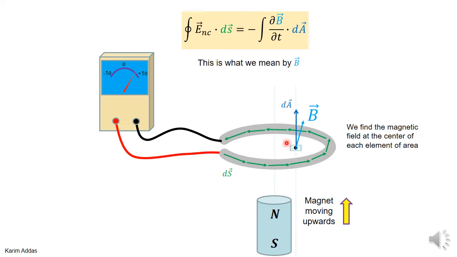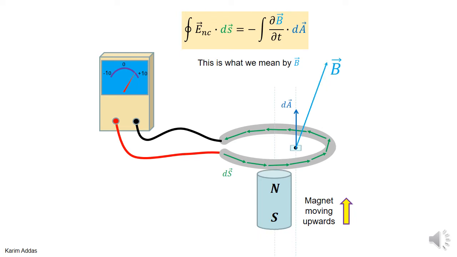Of course, you have to do the same thing for all the other elements of area, but we're going to focus on one of the elements of area only for now. Now, as the magnet goes upwards, what happens to the value, to this B vector? Let's see what happens to it. It gets bigger and bigger, right? Because when the magnet gets closer, the value of the magnetic field at that particular point is getting bigger. The direction of the vector may change slightly, but definitely the magnitude is getting bigger because the magnet is getting